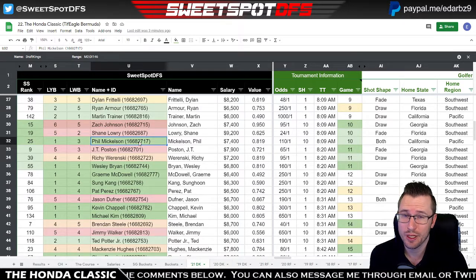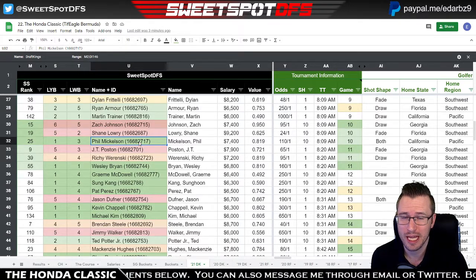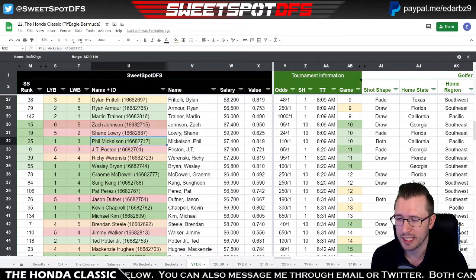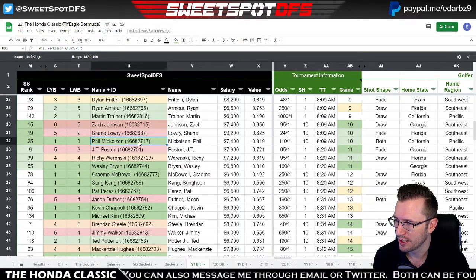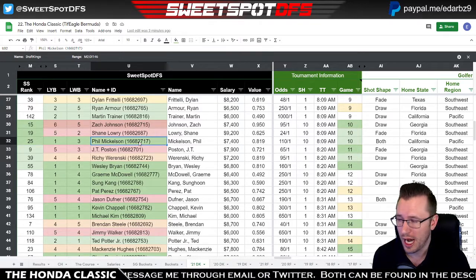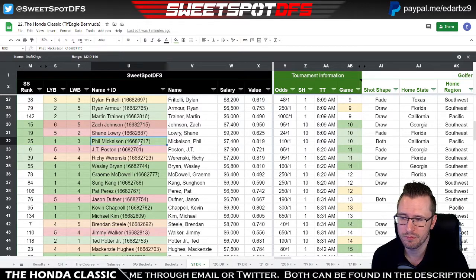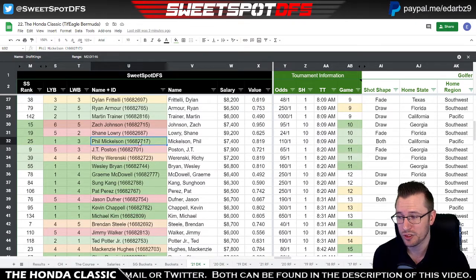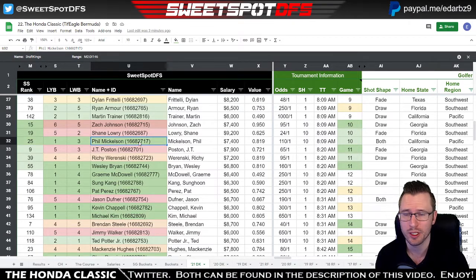Now, Shane Lowry is a last year 5, last week 2. We're not looking at any of the other buckets right now, but he also is ranked pretty decently on the sweet spot score. I will also play him, but I'm not liking it, if I'm being honest with you. I don't care to play Shane Lowry. And